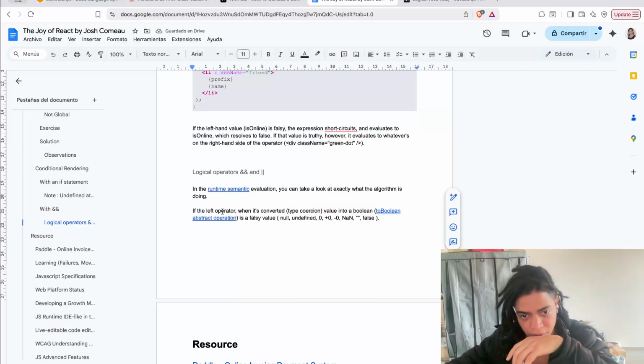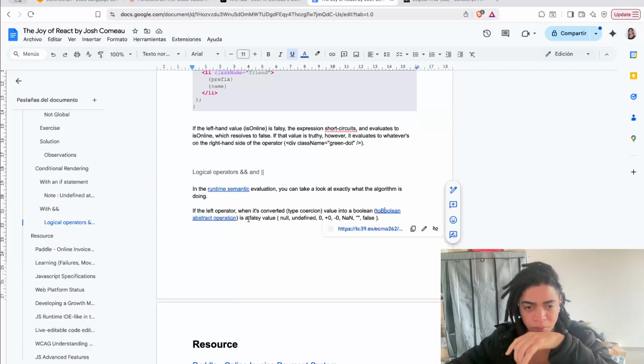Okay, if the left operator, when it is converted by type coercion into a boolean, the ToBoolean abstract operation, is a falsy value,